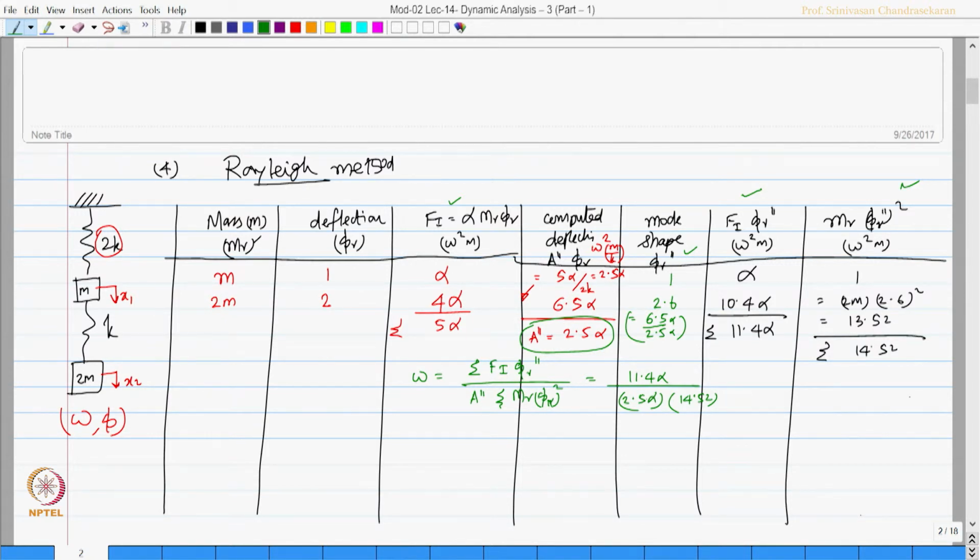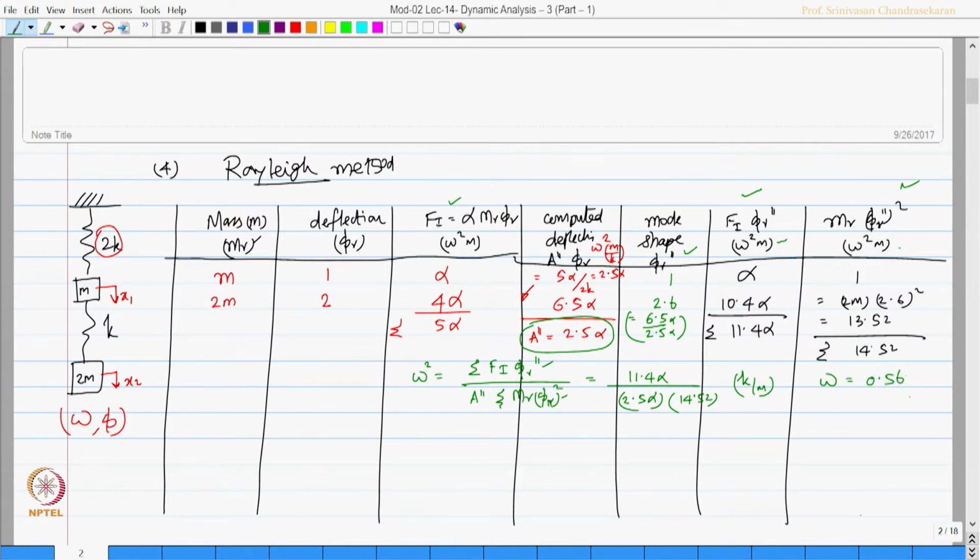So, if you substitute the units, you will see this value will be in omega square m, this value will be omega square m, they get cancelled, and this will be having a multiplier omega square m by k. So, I get omega square m by k. So, k by m will subside, I can say that. This is omega square k by m. So, if you substitute that and take a root, I get omega as